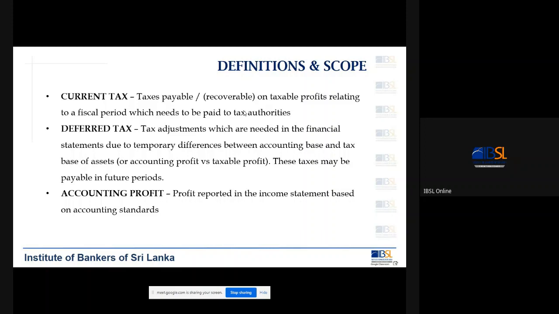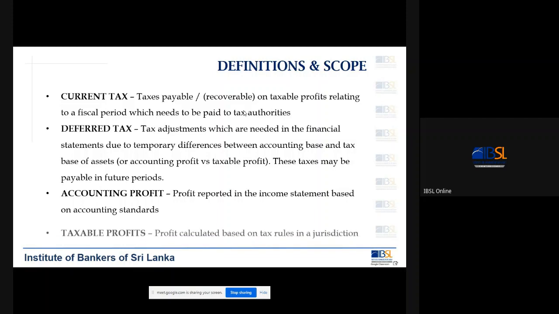So when you look at the accounting profit, that is the profit reported in the income statement based on accounting standards. We already learned that the financial statements are prepared based on accounting standards. In addition to that, we make certain assumptions. So the profit that you are determining out of your financial statements is based on several assumptions and estimates. Do you agree with that? Your accounting profit is based on certain assumptions and estimates,